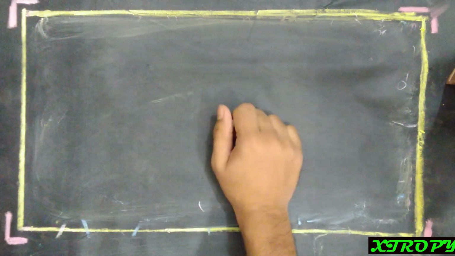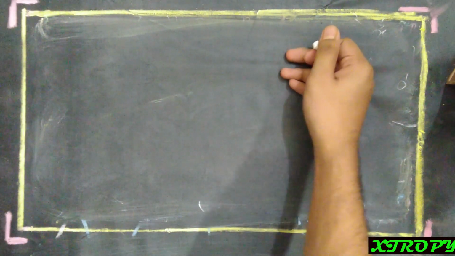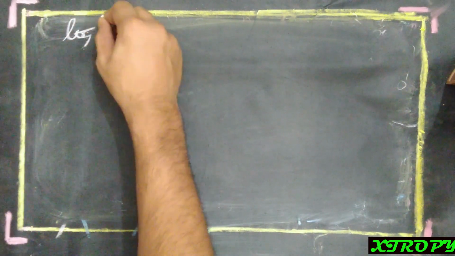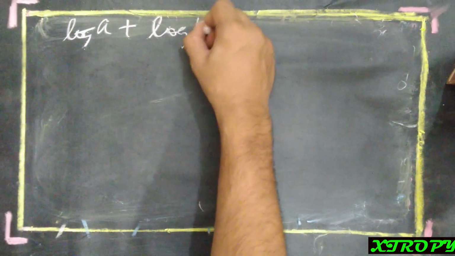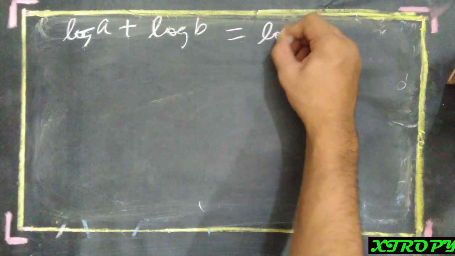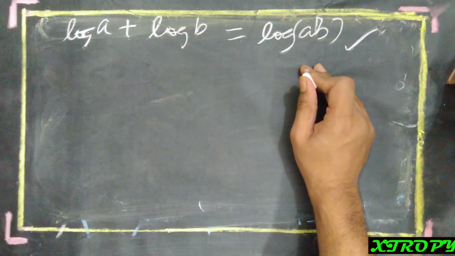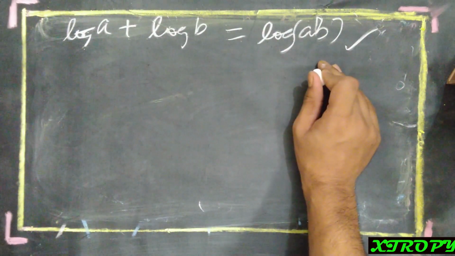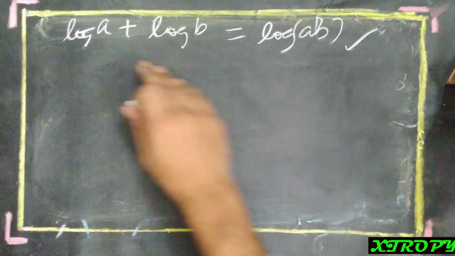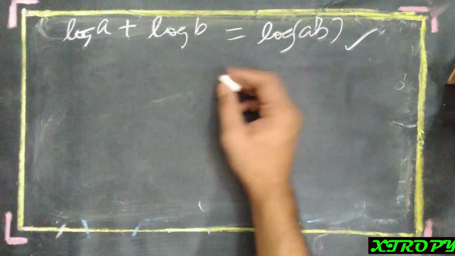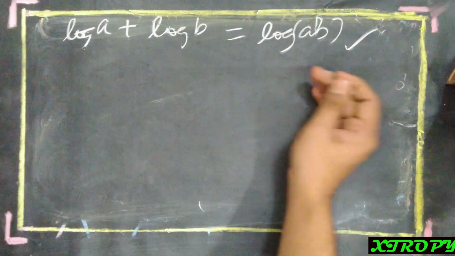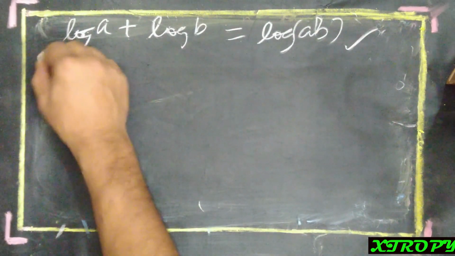There are a few fundamental theorems of log which we shall be covering in our next video in detail. We will also solve questions based on those fundamental properties of log. By fundamental properties, I mean that suppose this property: log a plus log b, if both the bases are the same, will give rise to log ab. This is one of the fundamental properties of log. We will study them in detail, and let me show you an example of a sum which we can solve using those fundamental properties. This is just like a trailer for the next video actually.